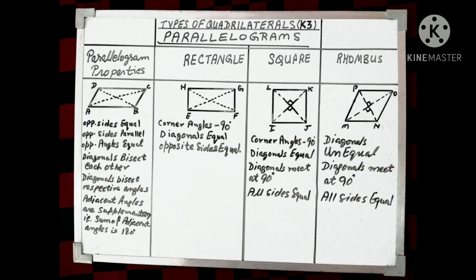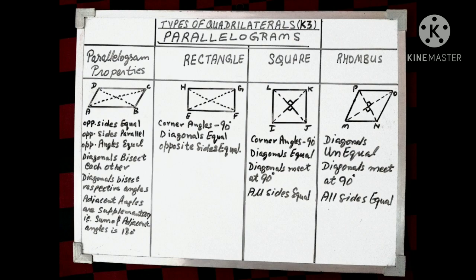A rhombus is just a square, a twisted sort of figure, right? You hold the base and you push the top. You get a slightly tilted figure. Now here also all the four sides are equal, as we had in the square. But the diagonals are unequal, right? Diagonals are not equal. The diagonal MO will not be equal to NP. One of the diagonals will be greater than the other one.